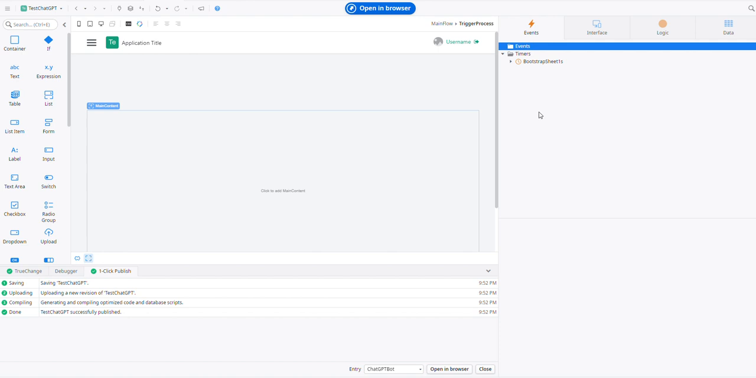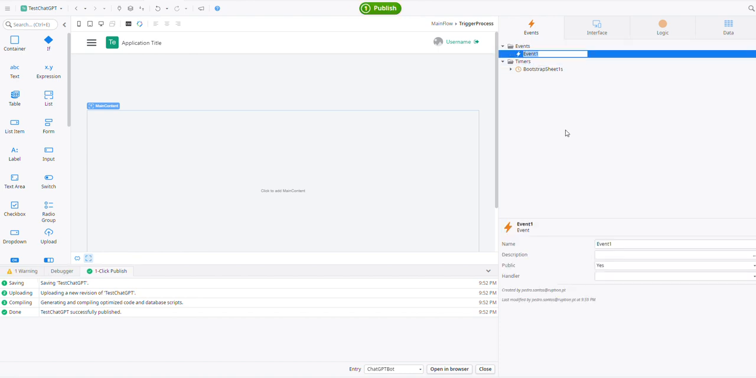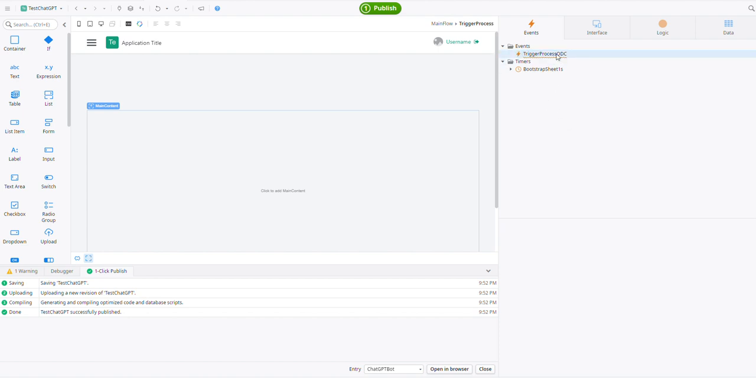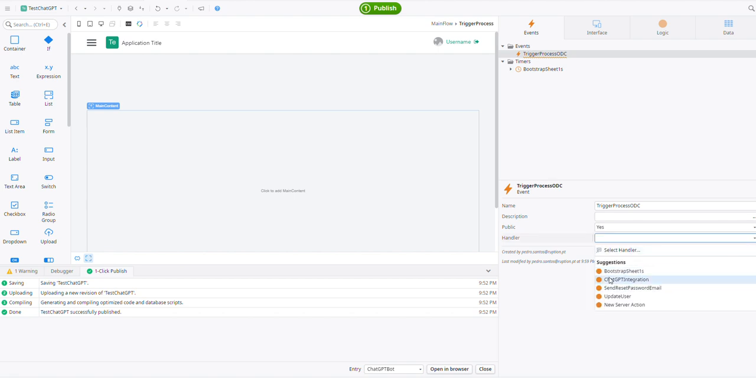Okay, so in order to run a process in ODC, we need to create an event. Okay, so let's create one. So let's say trigger process ODC. Okay, so when we create this, we can set its description, if it is public or not. Okay, and the handler, we can also set the handler here. Okay, so you can do it like this,